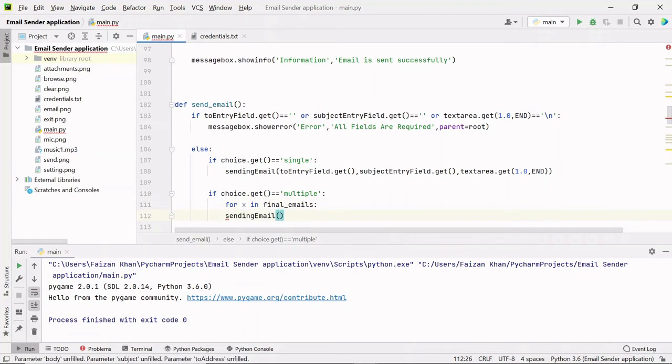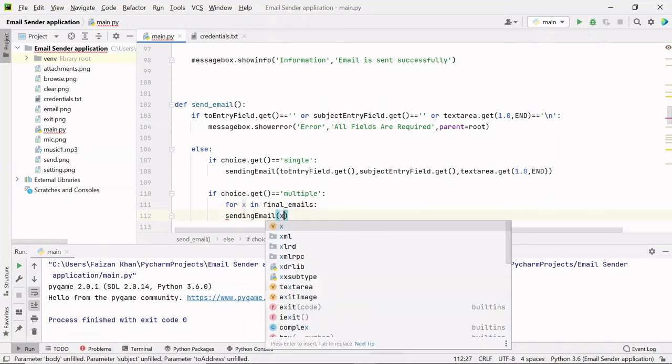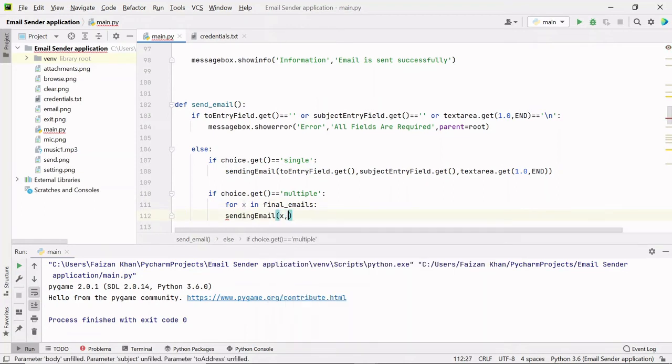And that email address I will pass to this function. And we also have to pass subject and the body that we can get from the subject entry field and text area. So I'll simply copy this from here and I'll paste it. Let me provide indentation here, like this.